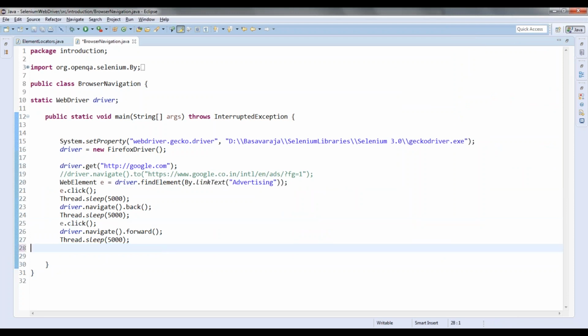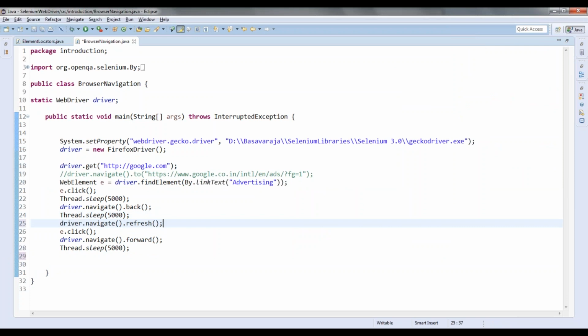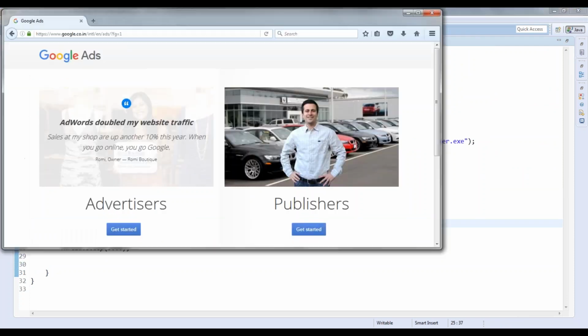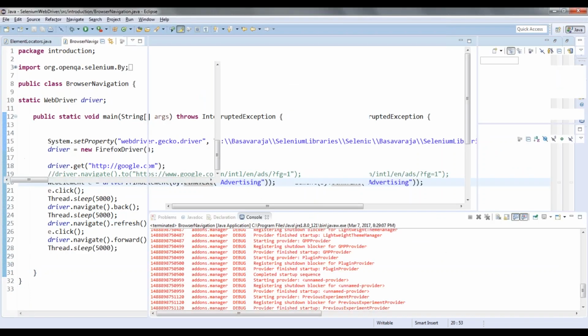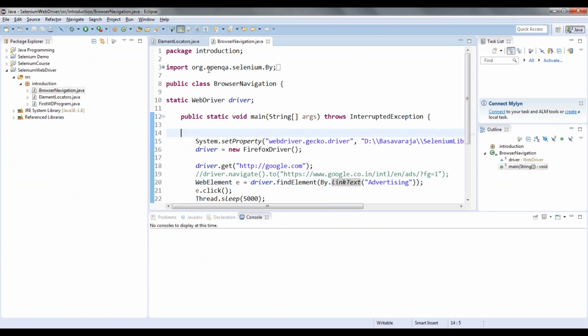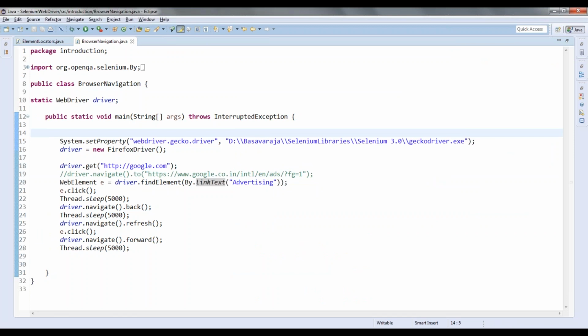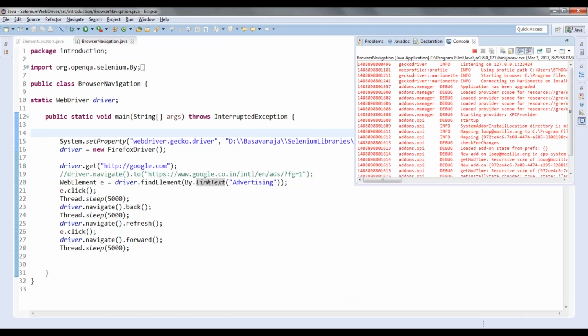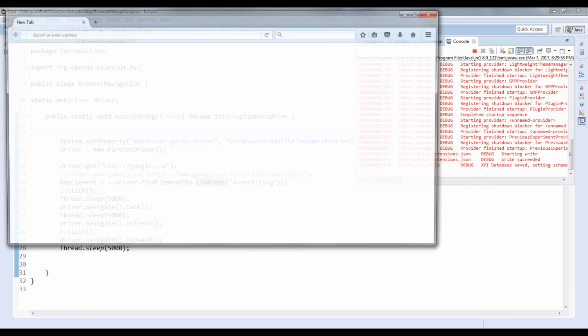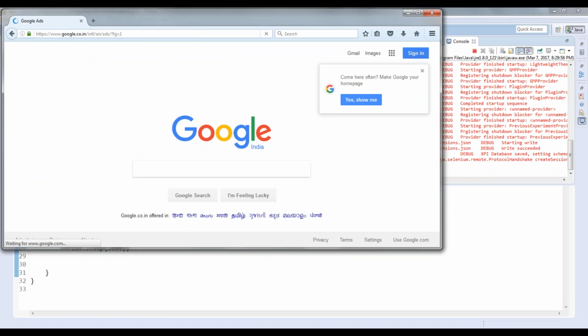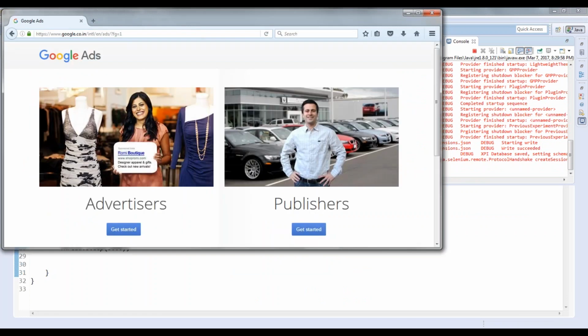Or let me do this here. Let me refresh this before clicking on that element. Let us run this. And then it will go back to the original page.